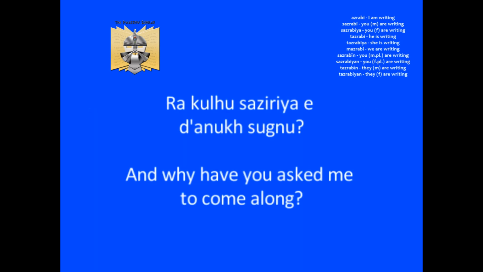And why have you asked me to come along, asks DC. Another question which will usually take the imperfect, as we see here, Saziria, which is you ask, though based on a two radical root, which we'll see in future lessons. Nonetheless, it uses the same conjugations as we saw earlier when reviewing the imperfect form for three radical roots. So we add sa as prefix and iya as suffix to indicate the second person female form, singular.